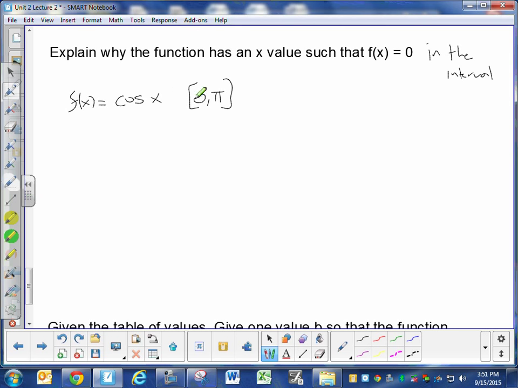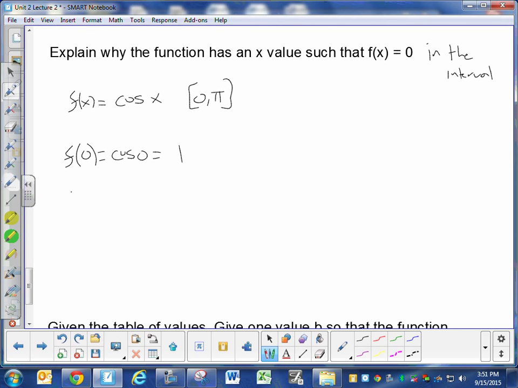The interval is between 0 and pi. All you need to do is find the 2 function values at 0 and pi. If your 2 function values end up being around 0, then I know that I have some x-coordinate that will produce the y-coordinate 0. So the 2 points really,